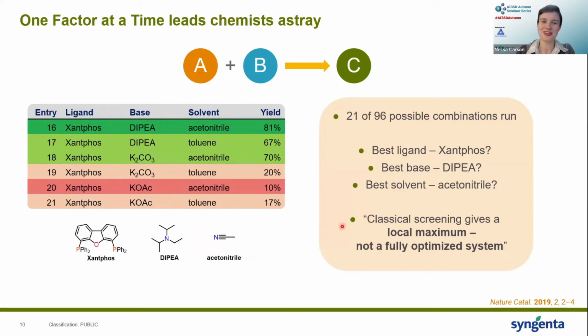And then the authors say this: classical screening, or one factor at a time, gives a local maximum, not a fully optimized system. This is even more important for cross couplings because there are so many off-cycle processes, weird equilibria. The mechanism can change when you change a discrete variable like the reactant that you're putting in,